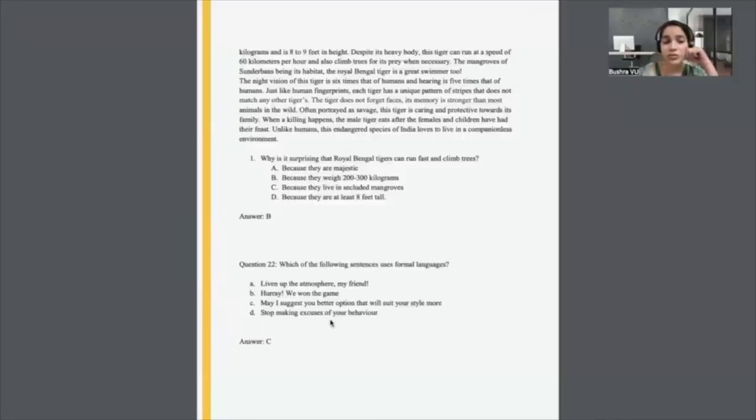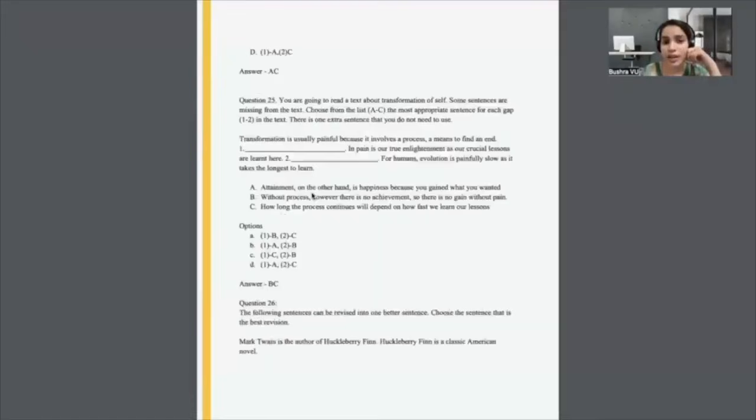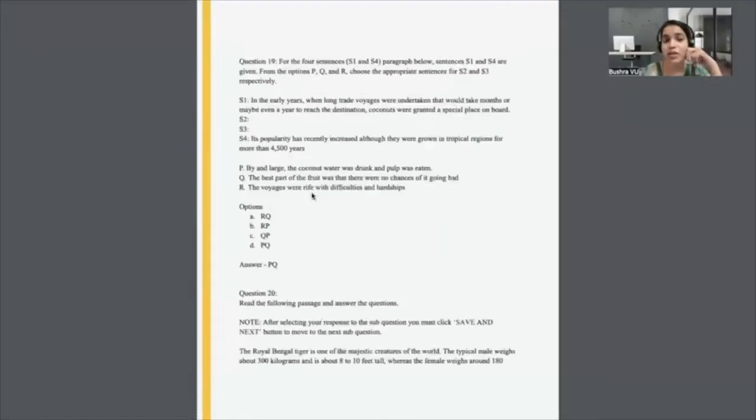So if you look at this, there's only one question asked. There aren't any more questions asked on the passage. That's why just give it a quick read and answer the question. Don't give it a thorough read.